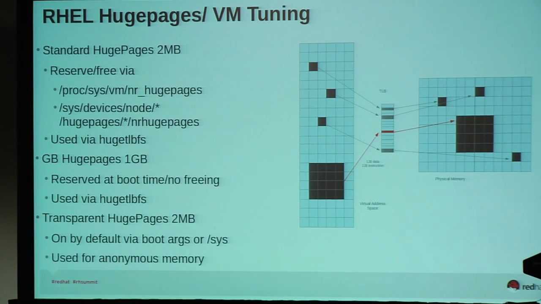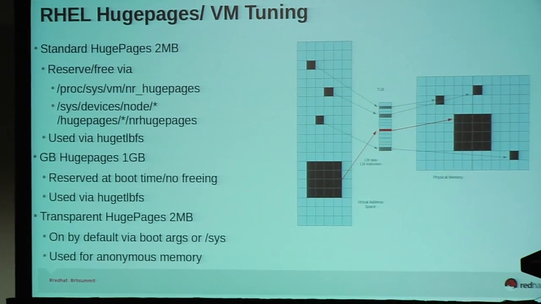The benefit of doing this is the kernel really doesn't manage them. It's totally out of the picture. And the second benefit is each TLB entry now manages 2 megabytes instead of 4 kilobytes. Of 512, so you basically get 512 times the address space in the TLB using Hugepages than using 4